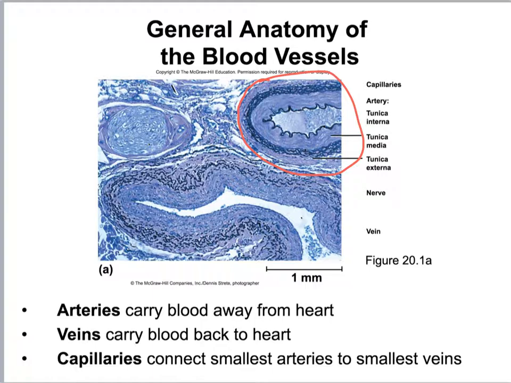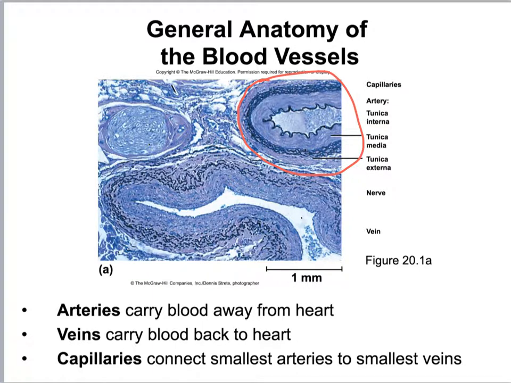But moving outwards from there, you have the tunica media, which consists primarily of smooth muscle, and the tunica externa, which consists of connective tissues, dense, irregular connective tissue for the most part,